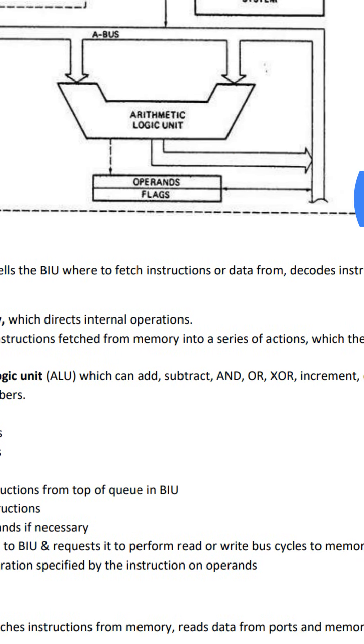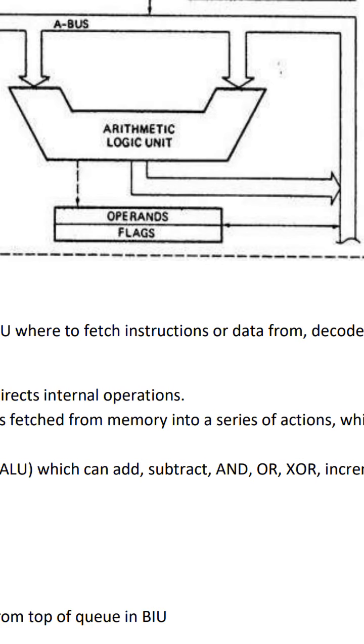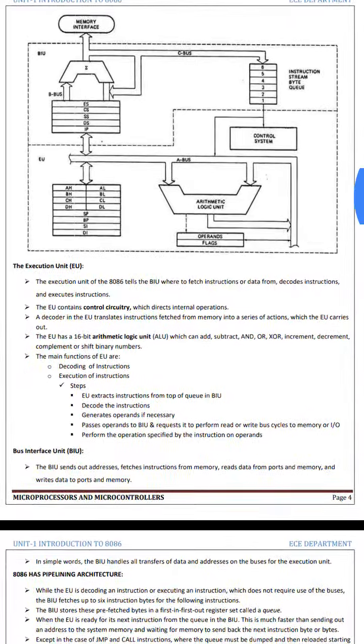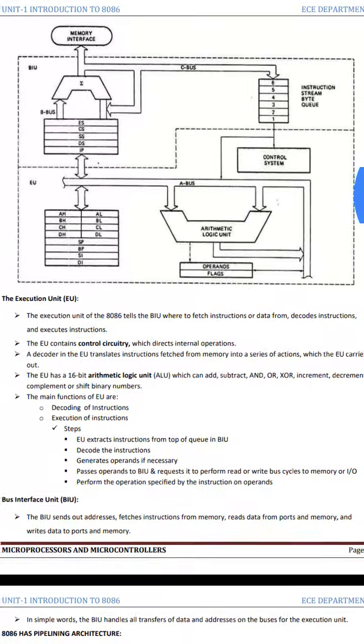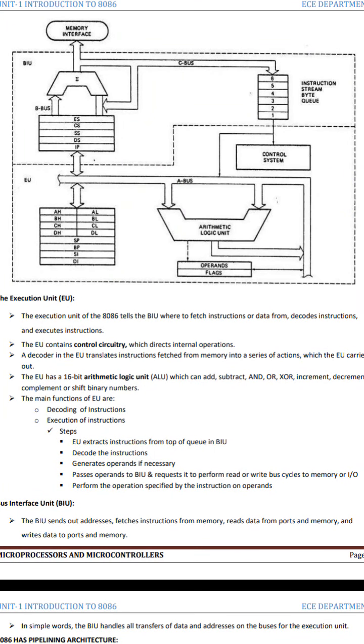Other parts of the execution unit are the arithmetic logic unit. The arithmetic logic unit's concept is similar in this microprocessor also, just like in 8085. All the arithmetical and logical calculations are performed in the arithmetic logic unit. It has supportive registers, that is the temporary register and the flags. So 8086 contains 9 flags. These 9 flags are set or reset according to the ALU operation and its result. So in detail you can see the execution unit.